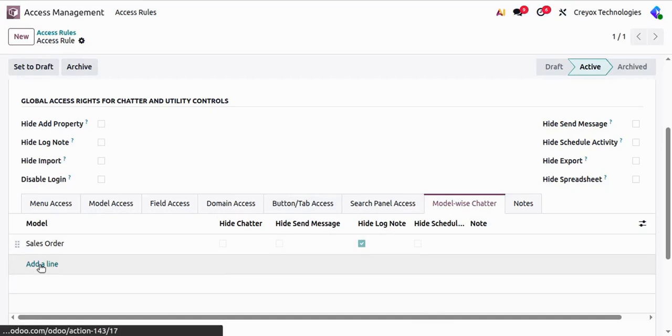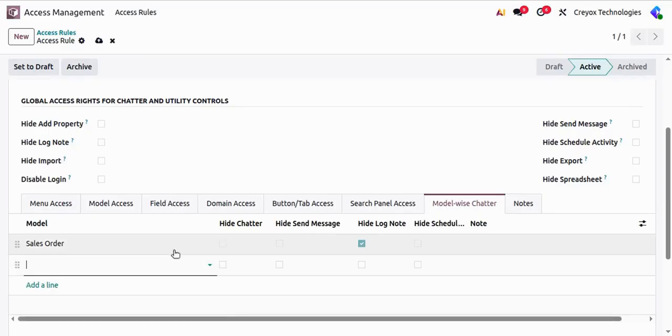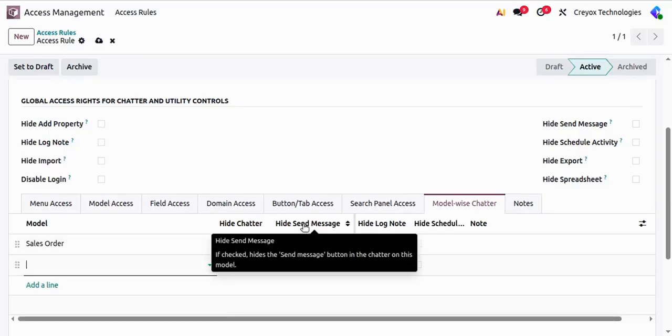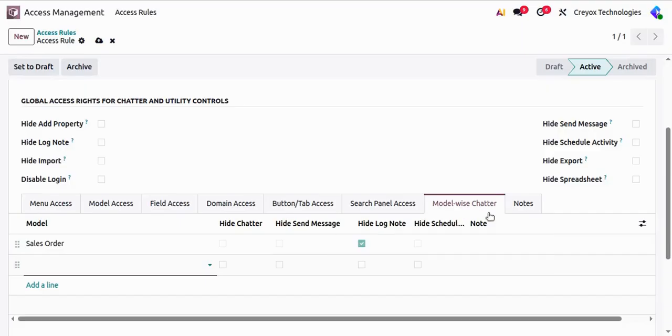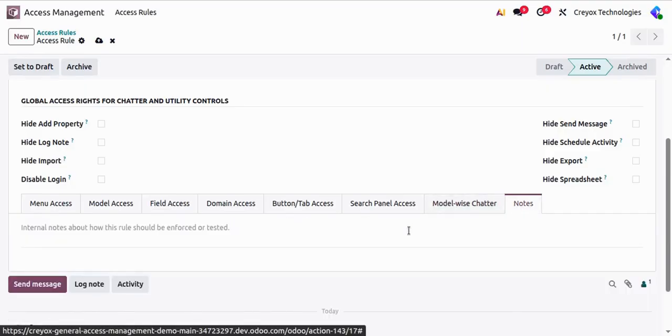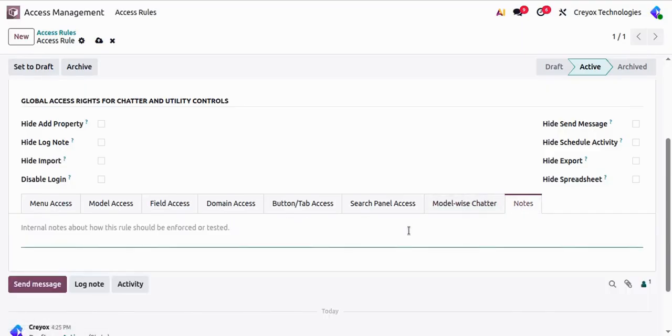You can select the models over here, and then you can select whether you want to hide the chatter, the send message, the log note, or the schedule activity button. Then at last we have provided some internal notes, if you want to add some internal notes for this rule. Then the last thing is